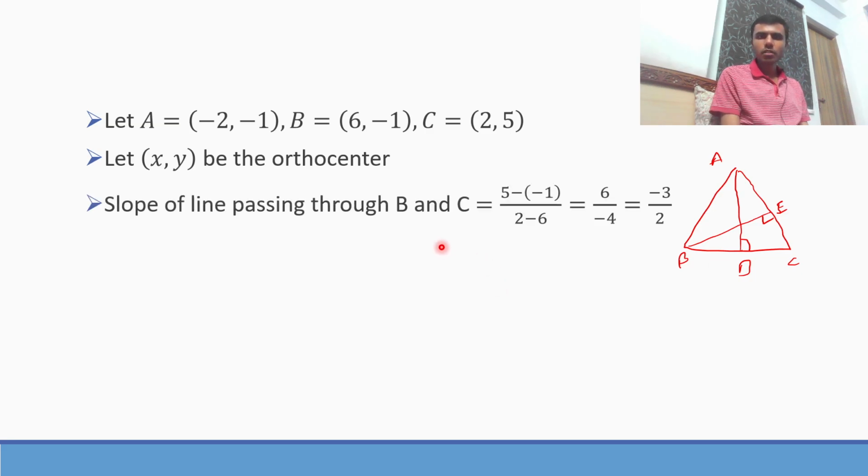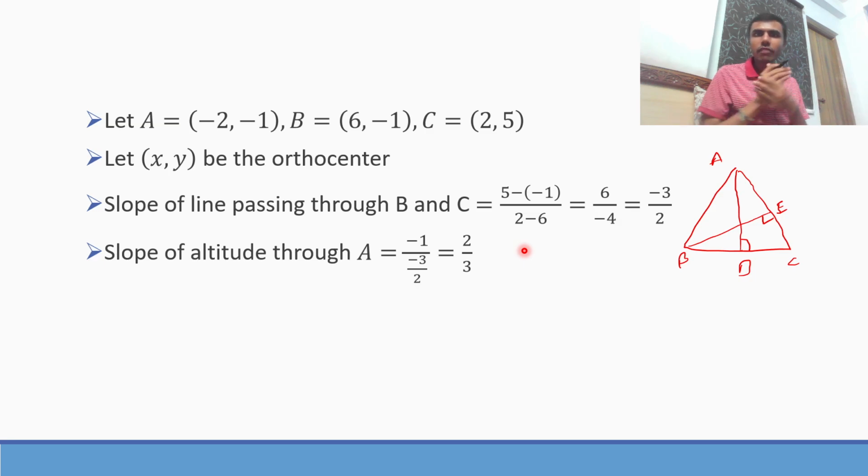Now the slope of the line passing through B and C is this. You know the slope formula: y2 minus y1 by x2 minus x1. So 5 minus of -1 by 2 minus 6, so 6 by -4, which is -3 by 2. Now what will be the slope of AD? The slope of AD will be nothing but -1 by this, because you would have learned that m1 into m2 is equal to -1, so m2 is equal to -1 by m1. If lines are perpendicular,